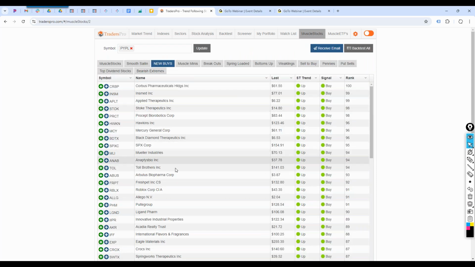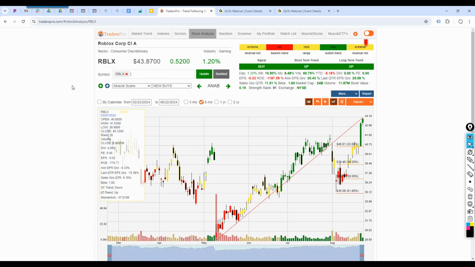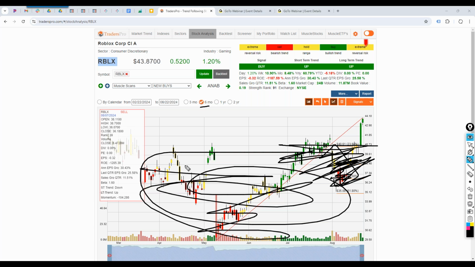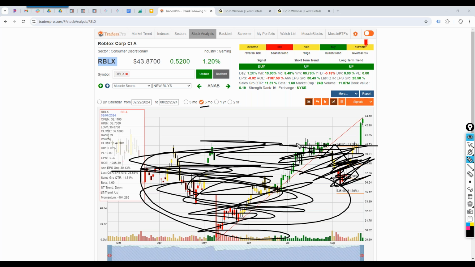So a couple other ideas here. Let's actually look at this interesting stock, RBLX, Roblox. This is another good example of what we would want to try and see, and that is on the 6-month time frame, you've had a correction, you've had that pullback, but now here it is. And again, remember that when it comes to buying, it's really hard to do for whatever reason, but it's hard to just get this out of our minds and say, here is what we're dealing with. This is today.